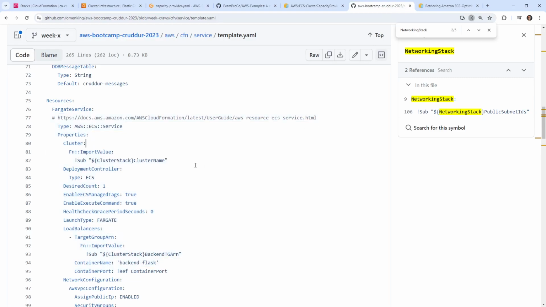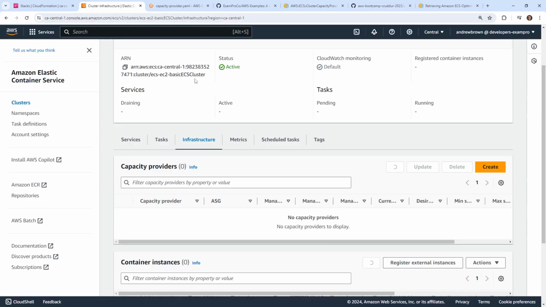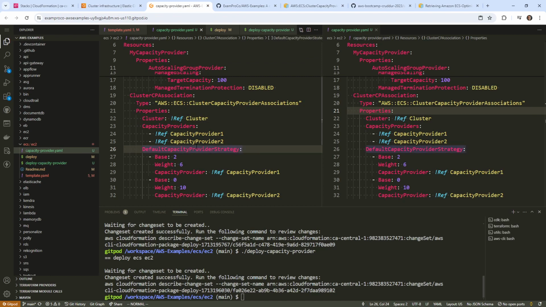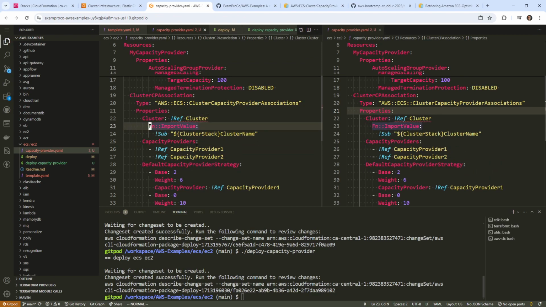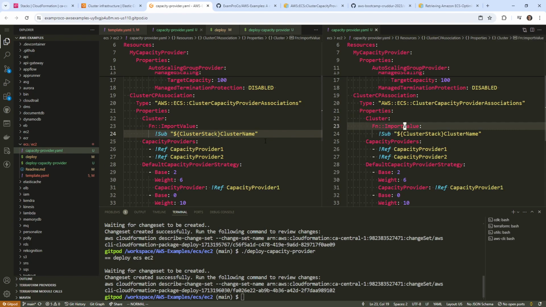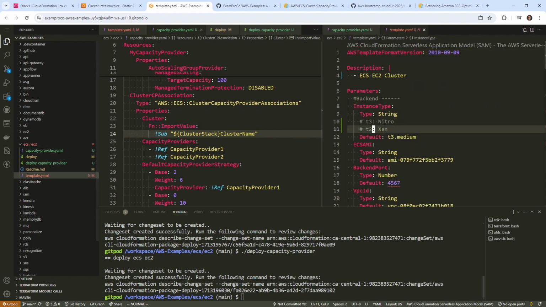So I know I do an import like here. So here's an example where we are doing an import. So I'm going to go ahead and just grab this, as I would like to just reference that indirectly. So what I'm doing here is I'm importing a value, and I'm saying cluster stack cluster name. Okay, and if we go back over to our original one,